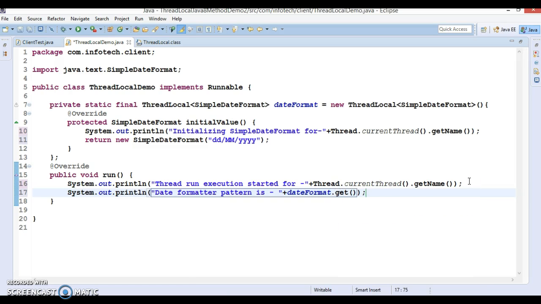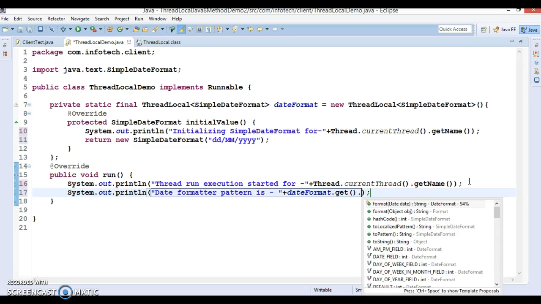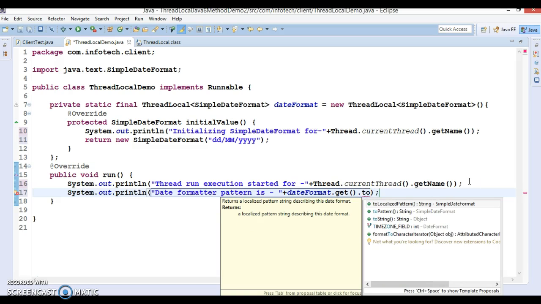This will return the instance of simple date format, and we can call the to pattern method.